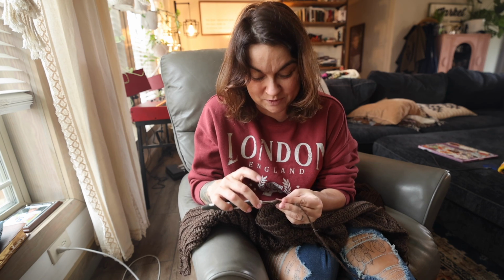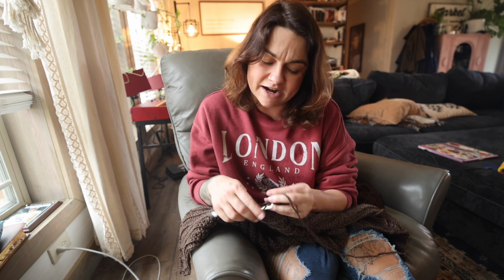Anyway, I saw this yarn. I thought it was really pretty. I thought it would be really pretty for this purpose. And I went online, and I